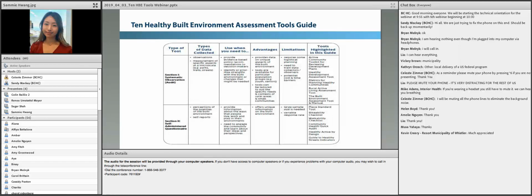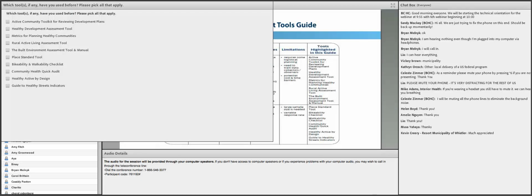One thing to note is that technically both types of collection tools are used to collect data that's somewhat subjective, whether it be collected by a professional like a planner or a community member. More specific details on the characteristics of each tool type can be found within the guide once it's released. And here we're going to pull up a poll question to ask if you have any experience using any of these 10 tools. So while the poll's coming up,